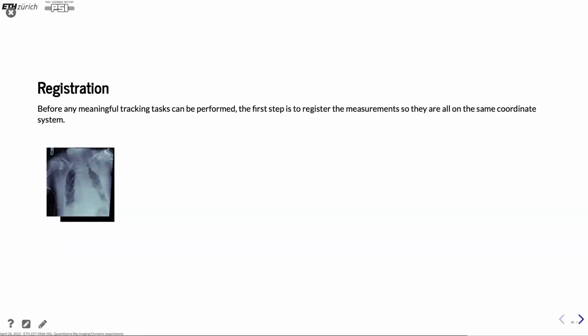It's actually a typical workflow in diagnostics and treatment that you have to do new X-rays every week or so to see the progress of the treatment. But then the images end up like this, and it's not always so easy to compare,